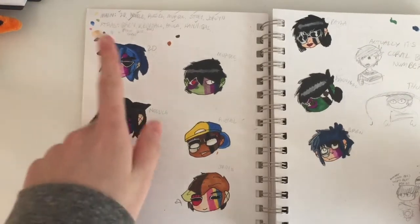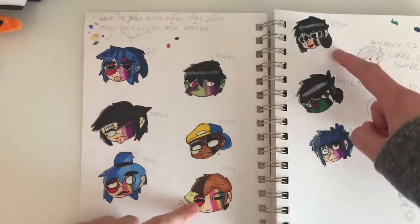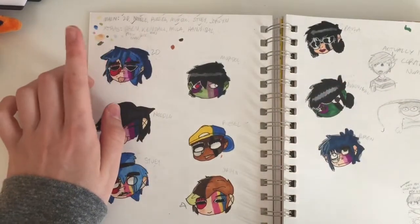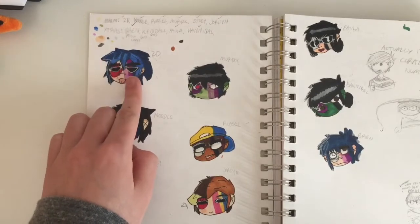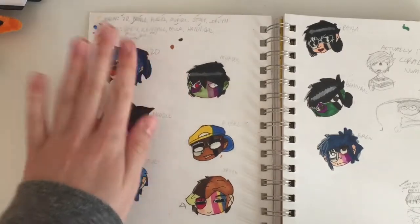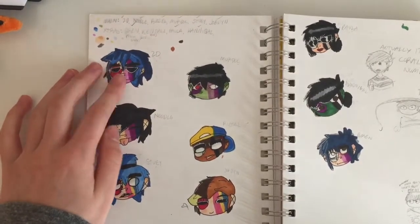So it's 2D, Murdoch, Noodle, Russell, Stewie, me, Paula, Hannibal, and this other character that I kind of scrapped for now, so he doesn't exist. But, so, like, the half of their face, this half is a pride flag. Not in the canon universe, except for Noodle and Murdoch. But, like, just my personal headcanons, and then on the other side, it's like a little handprint, even though it doesn't look like a handprint on a lot of them,